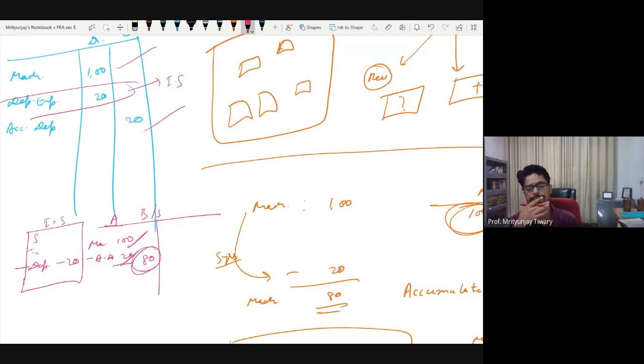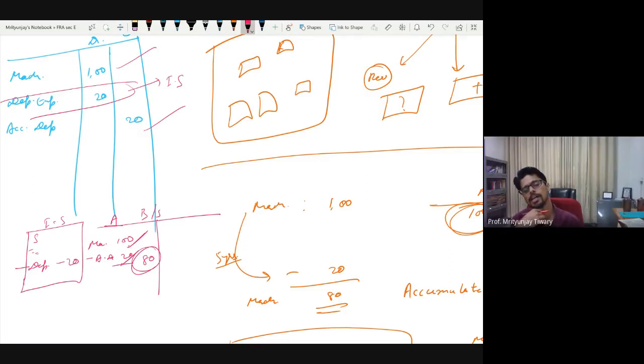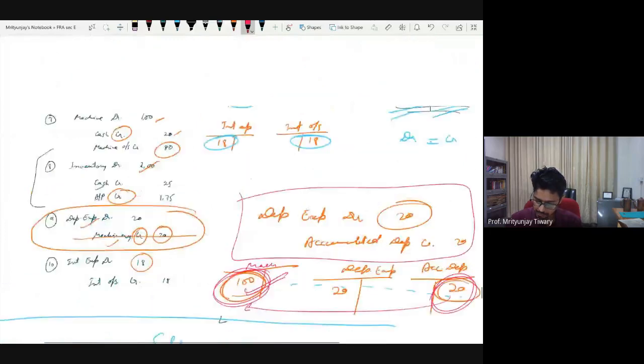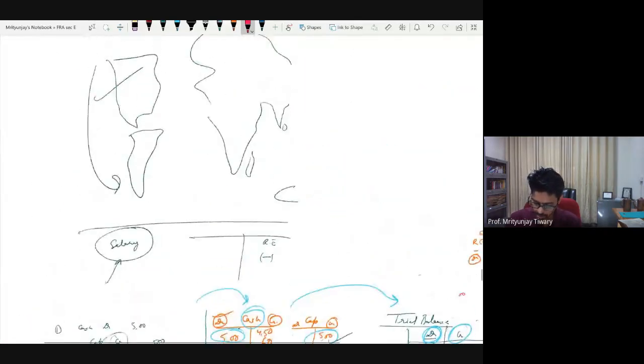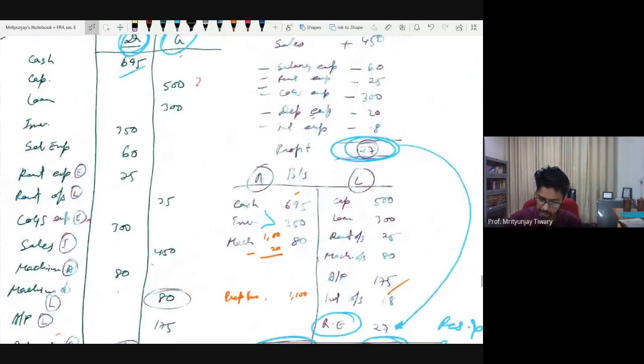Yes, sir. If we have two machineries and they have different depreciation, will this accumulated depreciation accumulate all of it, or will we have separate ones? It depends. This same question will keep coming to me in different forms. For example, some people will say, sir, so many expenses, why can't we just call it one expense? You remember that when I was preparing the income statement, I was making your life miserable by calling all these headings. Sometimes we were doing salary expense, then rent expense, then COGS expense, depreciation. Could I not have just said expenses and added them up?